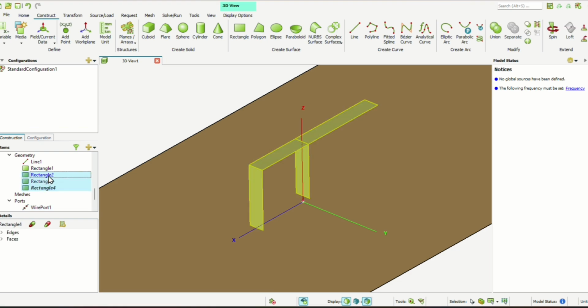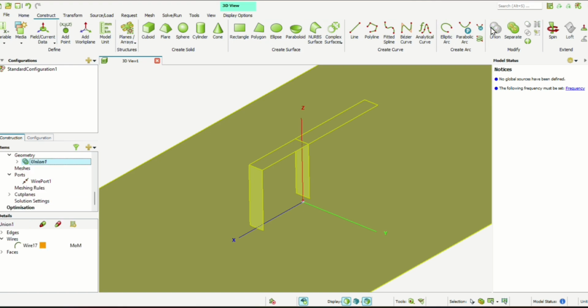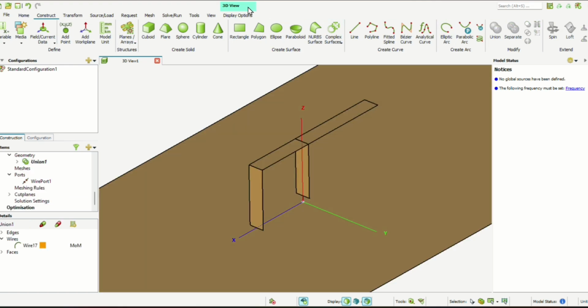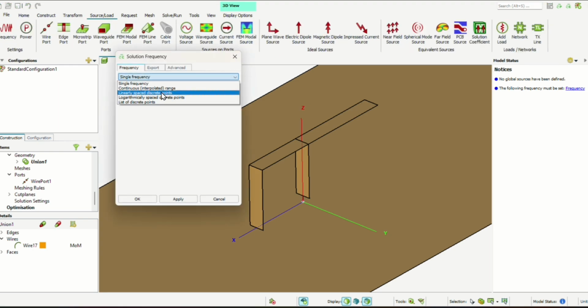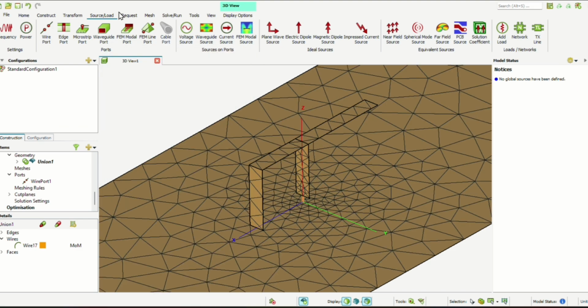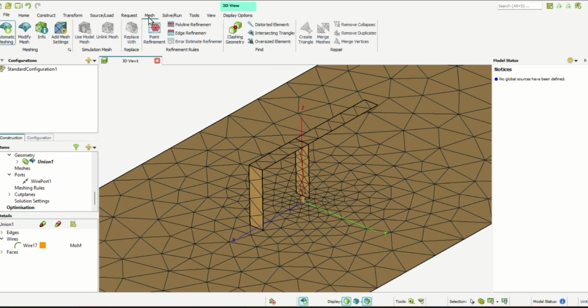Now add the frequency range, linearly spaced, and starting frequency is 1 gigahertz to 2 gigahertz. The number of frequencies I am setting is 51, and after that I'm creating the mesh. So it's just automatic mesh. I'm modifying the wire segment radius, that is 0.5 millimeter. After defining the mesh,